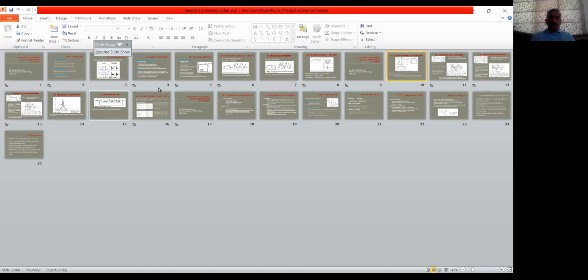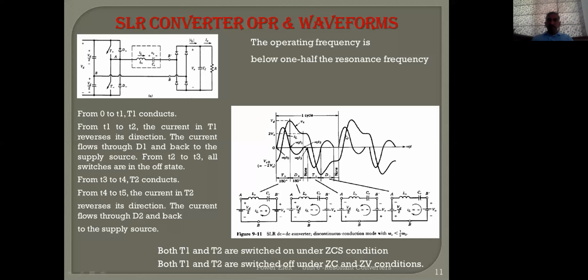So if I go through this circuit, starting the modes of operation, let us say the first part is 0 to T1, where this is 0 and this is T1, considering omega 0 is the resonance frequency. During this, what you see, T1 is on, IL is rising, and VC is also rising.